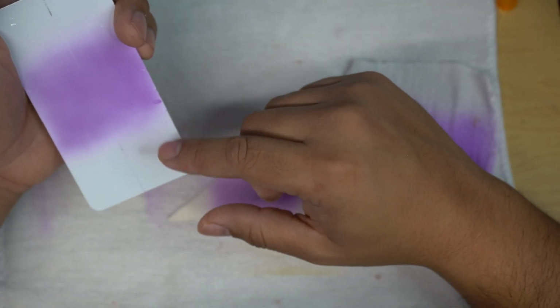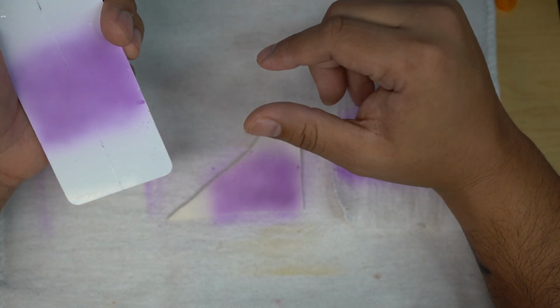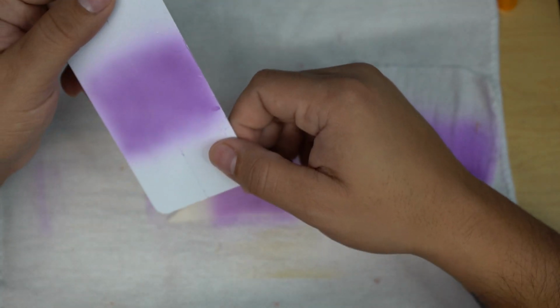They recommend a clear finisher. I know that Angelus has great finishers. They have a matte finisher, a gloss finisher, as well as the satin finish. Now, the only reason why I say that you're gonna need a finisher on this type of material, like plastic,